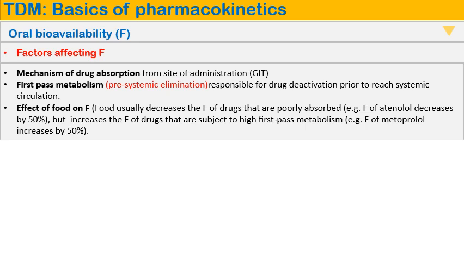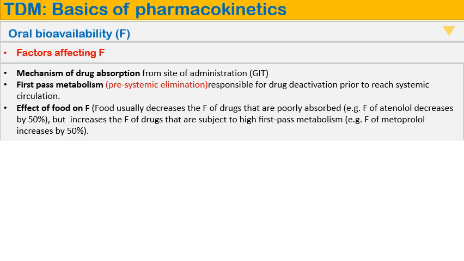Some of the drug the absorption extent reduced by the food. مثل عندنا اتينول اذا اعطيناه ويا الاكل حوالي 50% من القوه مالته راح ينفقد، او 50% من الجرعه راح تنفقد وما راح توصل للسيستم سيركيليشن. بينما القسم من الادويه مثل عندنا الميتابرول اذا اعطيناه ويا الاكل راح يقلل لنا الفيرست باس ميتابوليزم، فالبايابيلتي مالت الميتابرول راح يزيد 50%. يعني شوف النقيض،